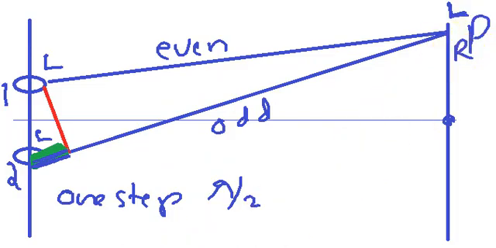Getting this point? Once more, both are starting with the left hand. Both are starting in phase. The difference in the path is one step. So if the first one takes even steps, then the second one will take odd step. If the first one is taking even step, he will have his same left hand in the front. But the second one will take odd step, he will have his right hand.